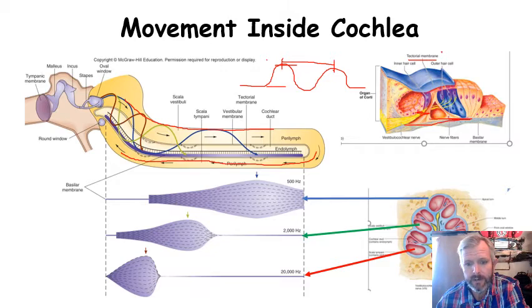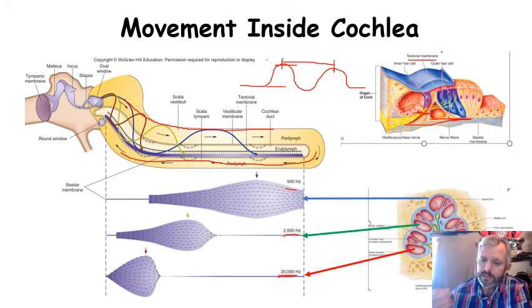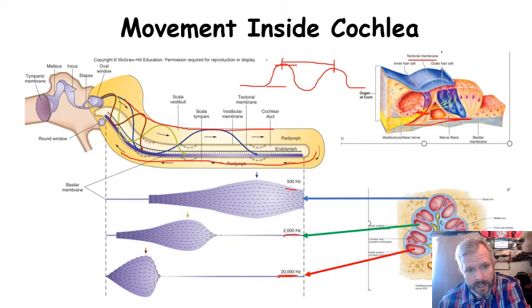This red wave is higher frequency, say 20,000 hertz, where this green is a medium frequency, 200, and then our low frequency is our blue wave. What's going to differ is where these are going to cause the bending. So this is how the brain is going to be able to interpret the pitch of the sound: where do these red waves cause the torquing of the membrane? You can see the red is causing it here, the green is causing it here, and the blue is causing it